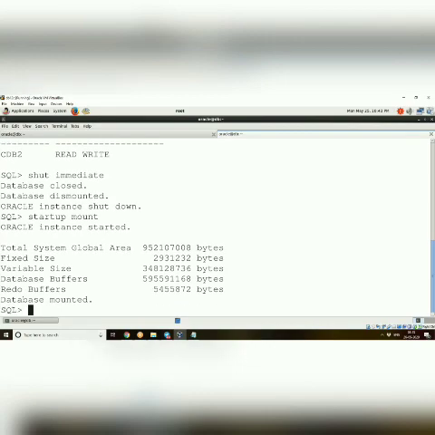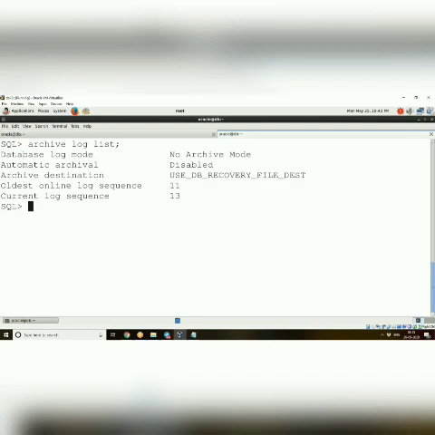So now alter database. First, before that, I'll check using two methods. I can check archive log list. So it's in no archive mode, or else I can select log_mode from v$database. Okay, so it is in no archive mode.